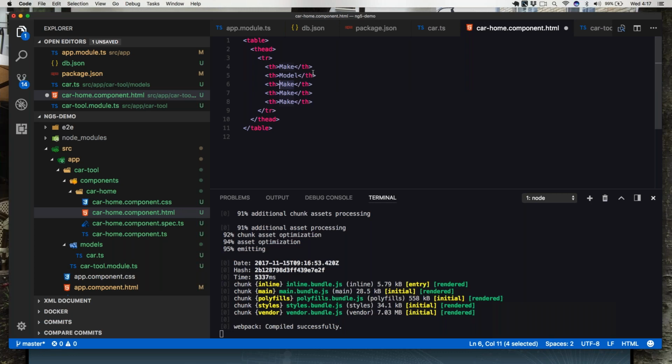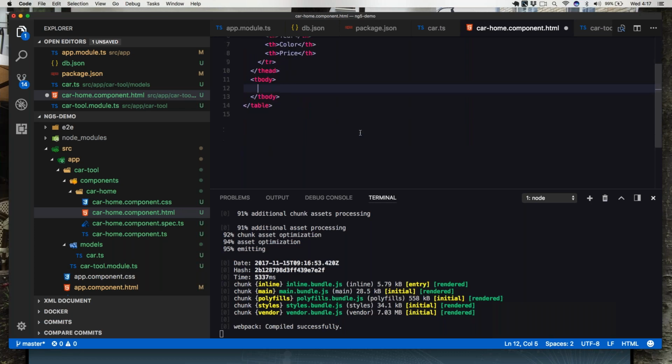Model, year, color, and price. So there's our 5 column headers. Then we'll come into here and we'll do our tbody. When you're working with tables, always make sure you take the time to semantically identify the actual different parts of